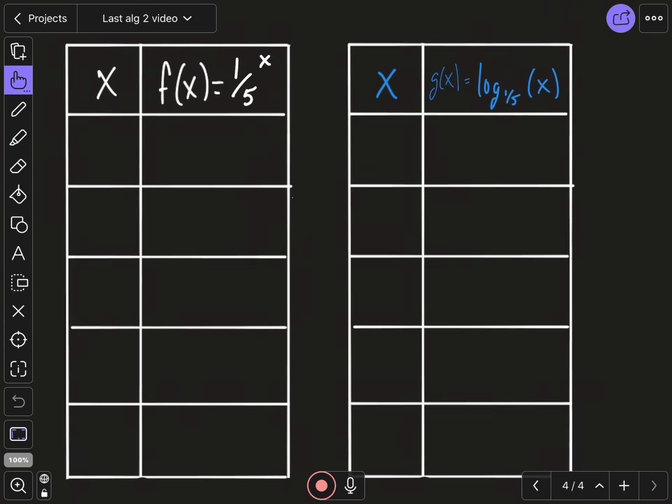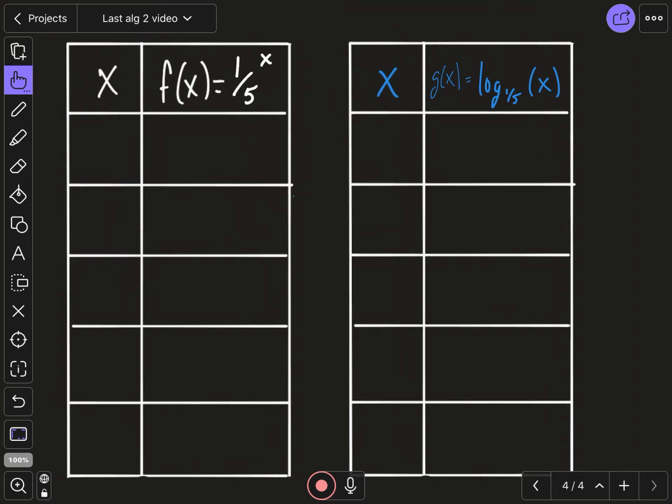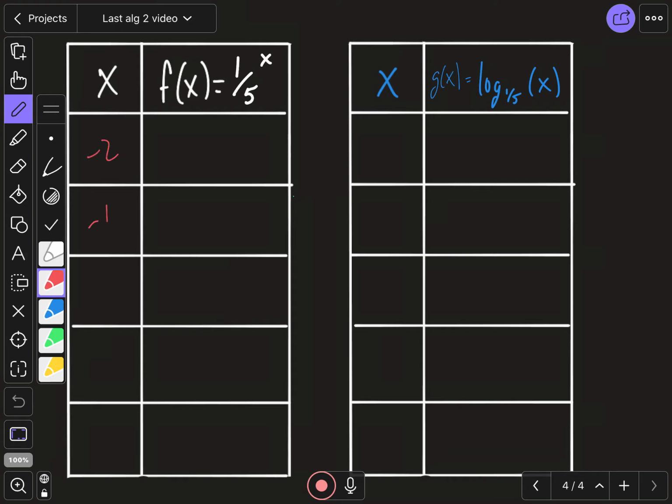And so in order to do that, we're going to raise 1/5 to the x power. We're going to find those values. So I'm going to start with -2, -1, 0, 1, 2. So some positives, some negatives. So that means 1/5 squared, 1/5 to the first, 1/5 to the 0, 1/5 to the -1, and 1/5 to the -2. Well, of course, 1/5 to the 0 is 1, and 1/5 to the first power is 1/5, and 1/5 squared,